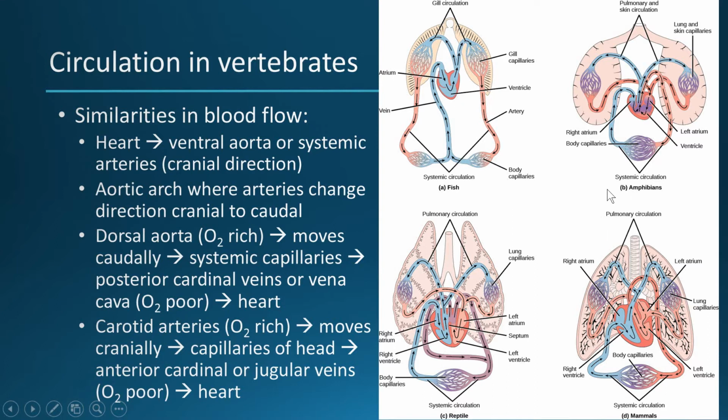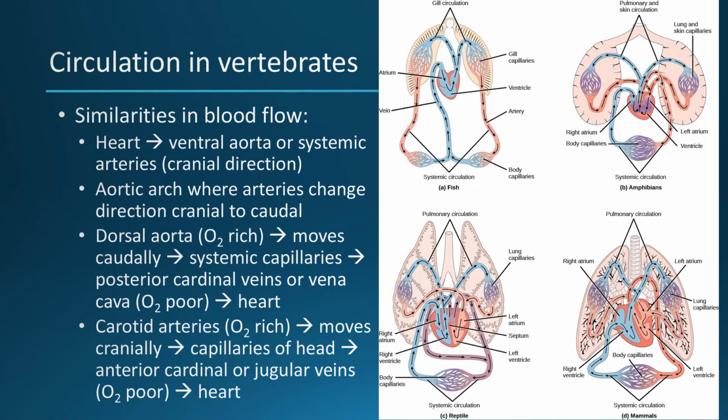Whereas in amphibians, reptiles, and mammals, shown here, the heart pumps out as a dual circuit to the lungs and back, and then another pump sends it out to the body and back. You can see how amphibians, reptiles, and mammals are increasingly more complicated. Some of the similarities you see between all of these, first of all, is kind of obvious: there's a heart, but the heart always pumps out